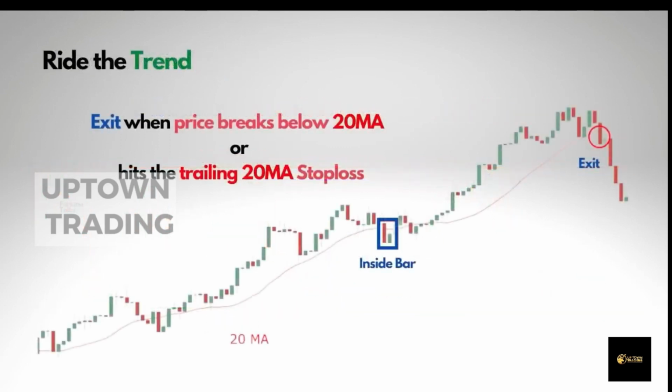Now if you want to ride the trend, then you can trail the stop loss as the market moves in your favor. For example, if you have taken the trend trading approach, you can trail your stop loss using the 20 moving average, and when the price breaks below the 20 moving average, that is when you should exit the market. Now when trading the inside bar pattern, by entering above or below the breakout of the pattern using any of these strategies,